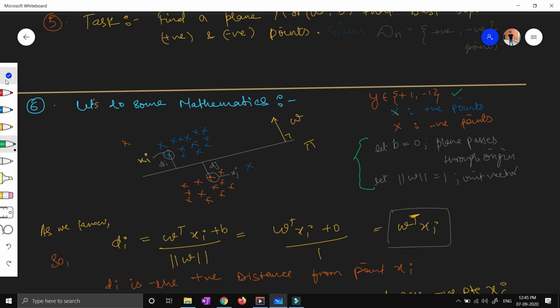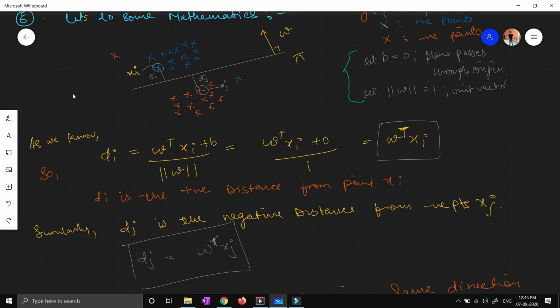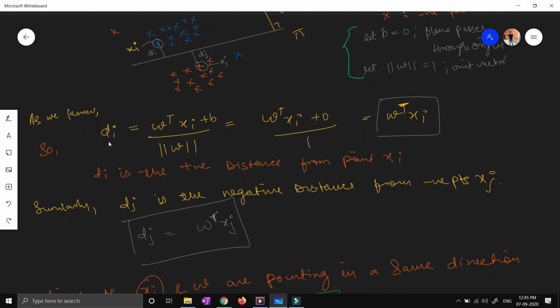All right, so now, as we have already seen earlier, the distance of any point, like the distance of this particular point. So let's assume I'll take this particular point and calculate the distance of this point from the plane. I have randomly drawn the plane through the origin. As of now, just understand, I have created a pi plane, and I'll calculate the distance of this positive data point from the plane.